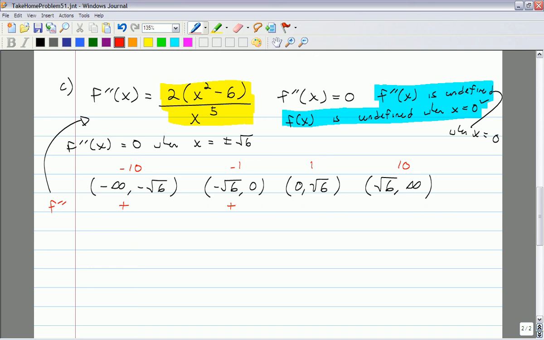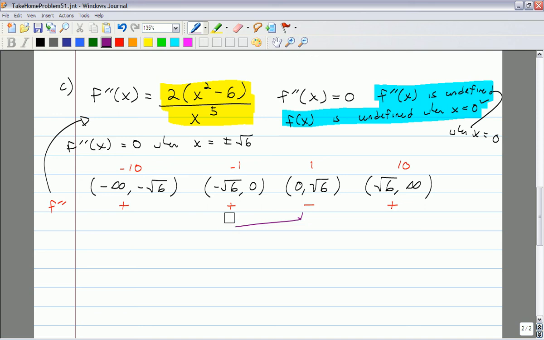At 1, we get a negative over a positive, that's negative. And at 10, we get a positive over a positive. Now the tricky part is going to be right here. You're going to probably want to call 0 an inflection point because concavity changed, but I get it, concavity is different on both sides of 0, but your function isn't defined at x equals 0, so 0 will not be an